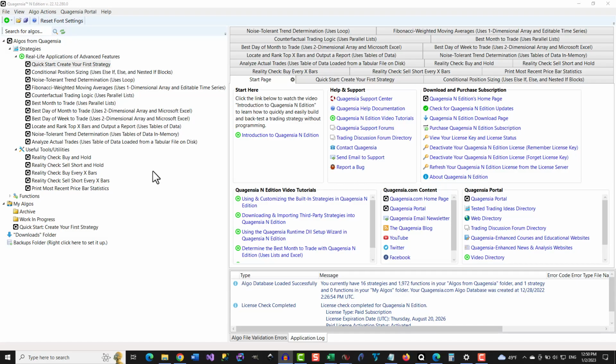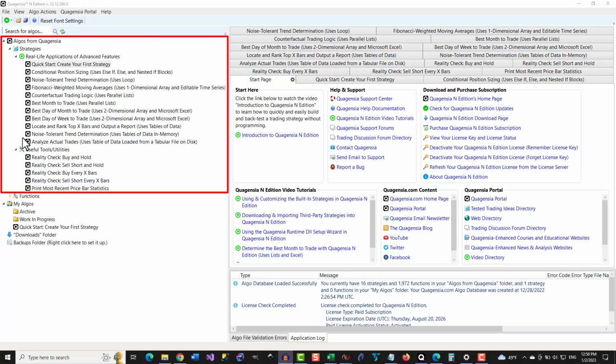Hi, I'm Brooke from Quagentia, and in this video, I will give you a quick introduction to each of the built-in no-code strategies in Quagentia N-Edition so that you can use them as is and customize them without code. You will learn the basics of what each strategy does, how to get detailed information on using the strategies, how to use them as is in NinjaTrader 8, and the general process that you can use to customize them without